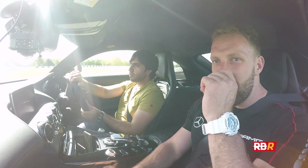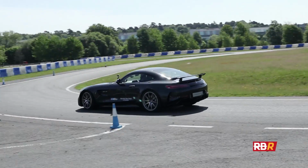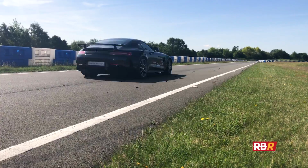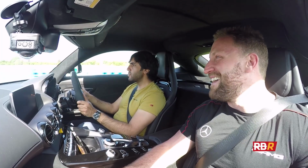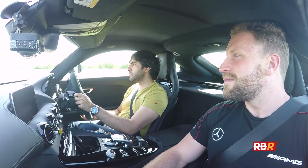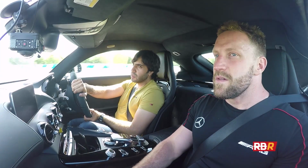Yeah, I found it was full-blown GT3 performance. And I felt personally there was quite a bit of turbo lag in it, so if you had any steering lock on and were on the throttle, the back was rotating quite a lot. It caught me out a couple of times as a driver, so to go by that kind of performance is actually quite scary. It's almost all or nothing with that car. Whereas, certainly with the GTS, and I'm sure when we get this on normal roads, you have varying levels of how much you can play with the performance. Yeah. So you can either have your standard Mercedes Benz GT feel,